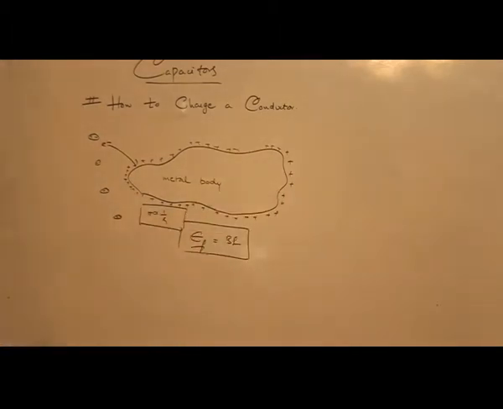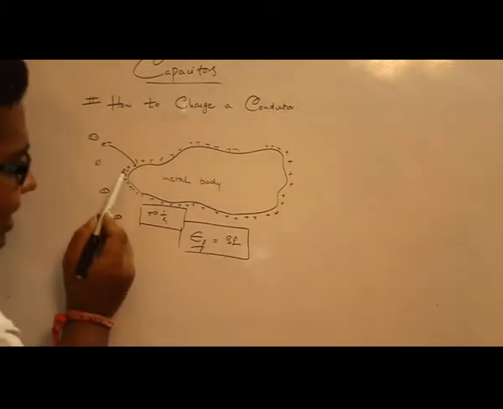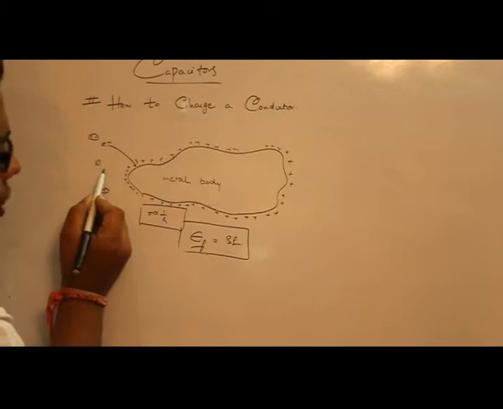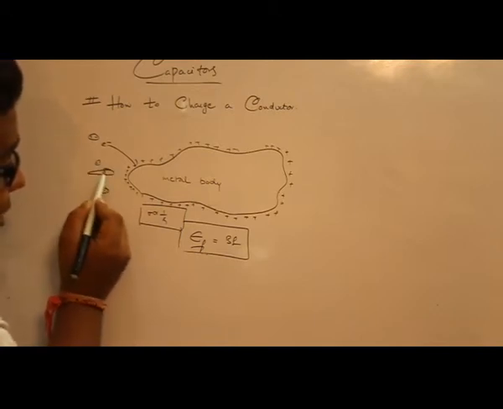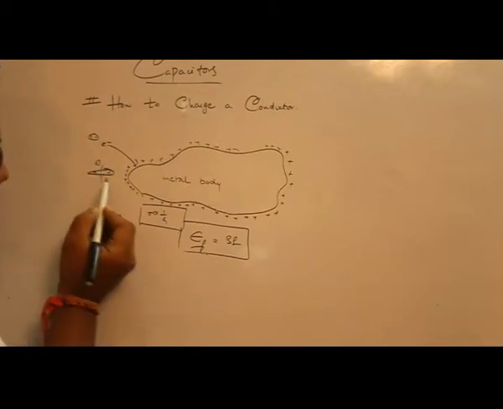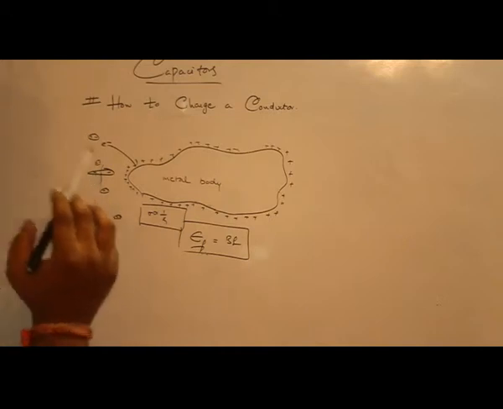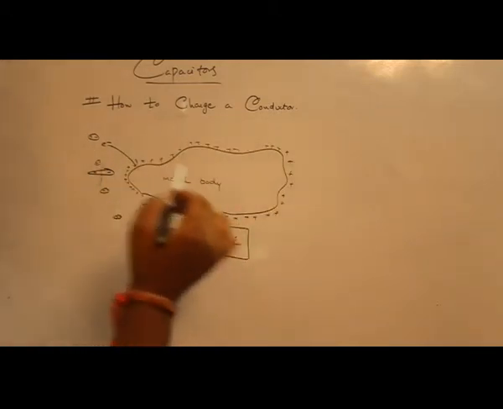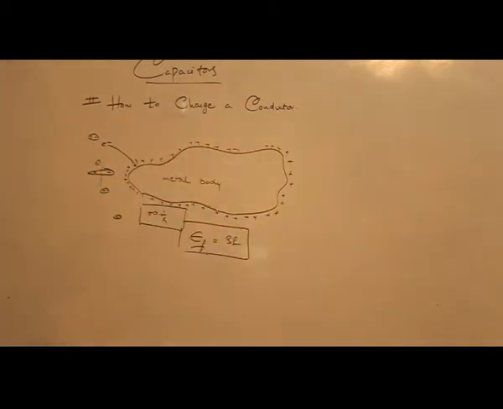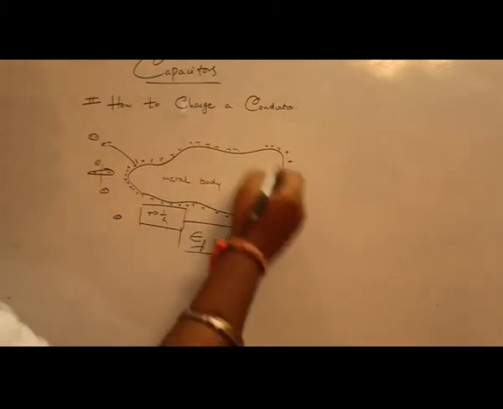Now you can see where the breaking force will first be applied, where the first molecule will break. As the surface charge density is very large, the dipole first breaks at this point. So minus and plus, it will break here. If it breaks here, the electron will be moving forward. Therefore, the charge up to which a conductor can be charged depends upon two things. One is the shape of the conductor,